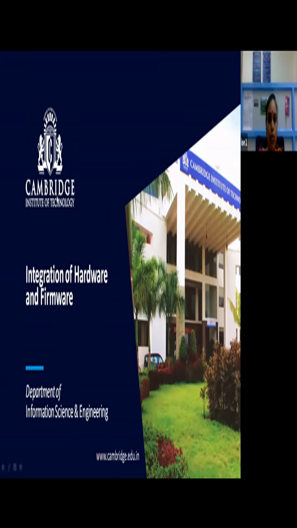Firmware. Once you are ready with the program or the firmware, you need to execute or run that on the board. So between the firmware and the hardware, you need to integrate them. You need to make a bridge, or have them communicate through an interface, using the firmware with a hardware device, that is nothing but your board. What are the different techniques we will be using for doing that? We will be discussing that here.